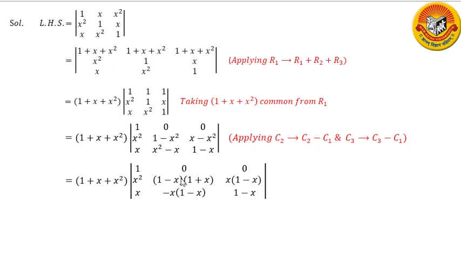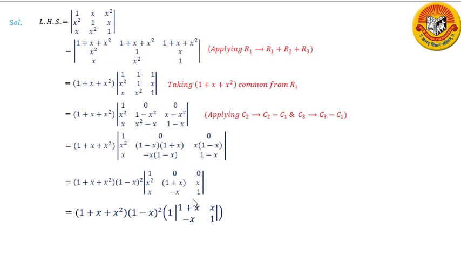So I will write this 1 minus x square as (1 minus x) into (1 plus x). Here I will take x common, so I will get x into (1 minus x). And in the third row I take minus x common, and I will get 1 minus x. And here it is 1 minus x. So why have I taken minus x common here? Because I want 1 minus x and not x minus 1. So now I have 1 minus x common in R2 and R3. So we will take 1 minus x common from R2 and R3 both. So my common factor is (1 minus x) the whole square.